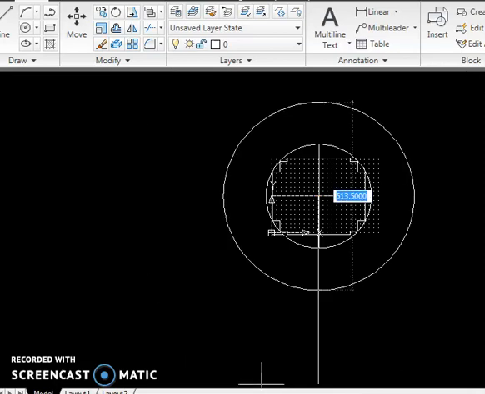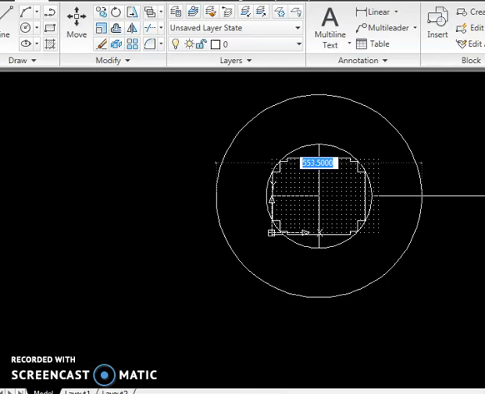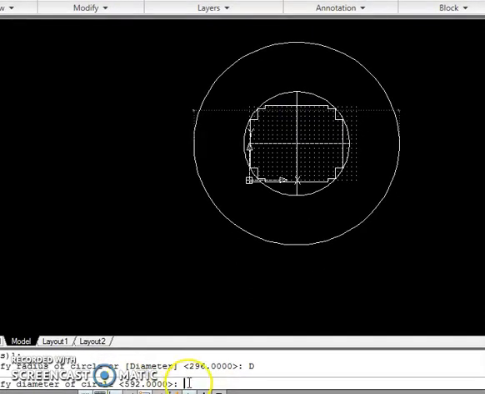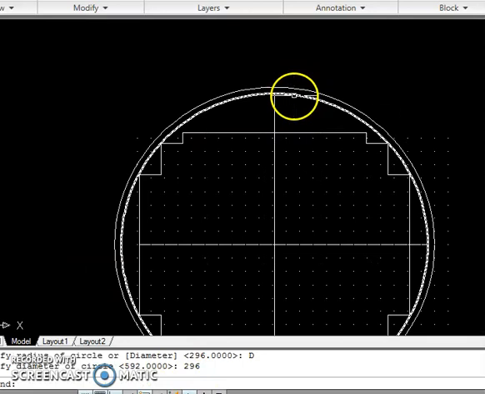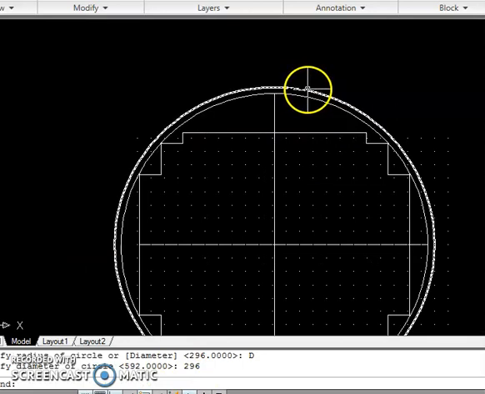So now the diameter is how much, madam? 296. In the bottom you have to specify here. Keep this 296, then you press enter. See, this is the LV winding inner diameter. Fine. This is the core, and this is the LV winding inner diameter.